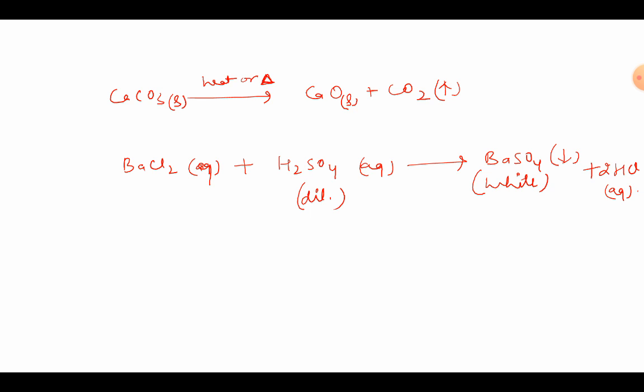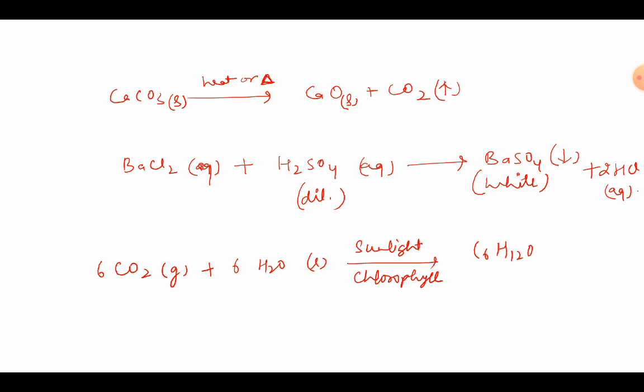Then if we talk about the equation for photosynthesis, we all know carbon dioxide in gaseous form will combine with water, which is in liquid form, in the presence of sunlight. Since we are writing it above the arrow, it is a condition, and in the presence of chlorophyll, which we write below the arrow, it is again a condition. It will result in the formation of C6H12O6, which is glucose, along with the formation of oxygen gas, 6 of this. And this glucose will be mixed with water, so I guess this will be aqueous in nature.